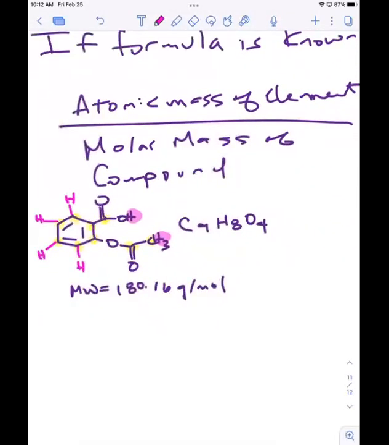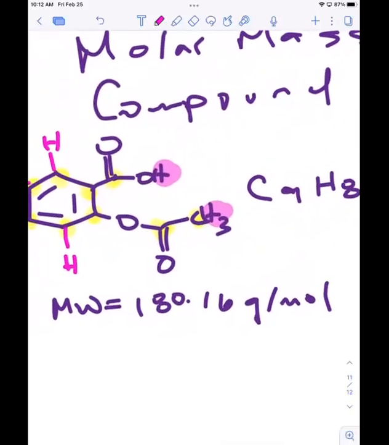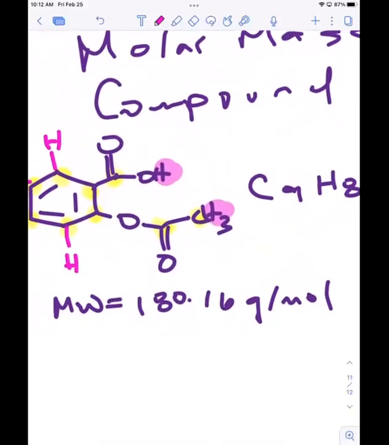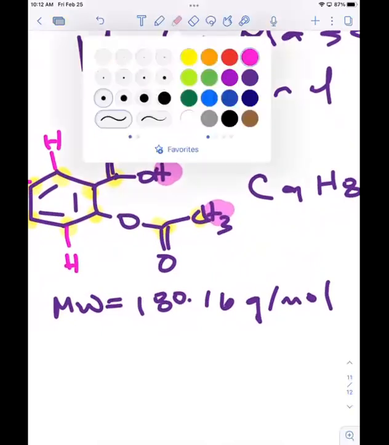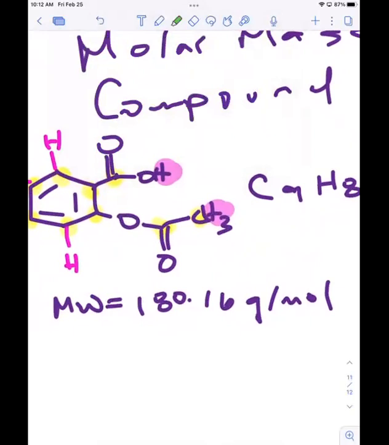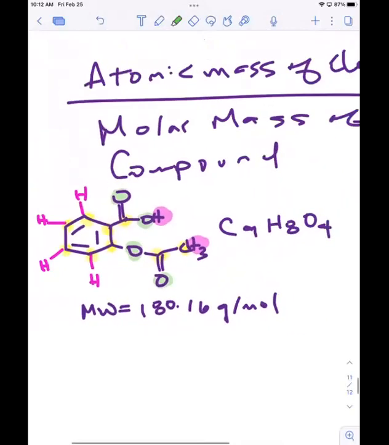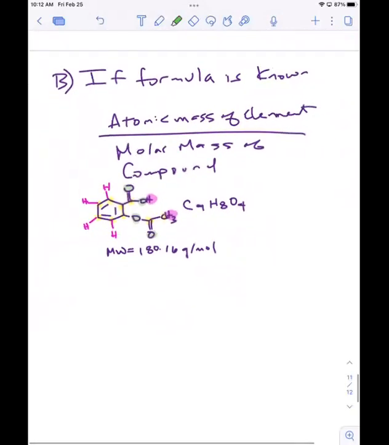All right, and then for oxygen, you can see that there are 4 oxygens right here. 1, 2, 3, 4. All right. So now, if we have a scenario like this where we have the molecular formula and we have